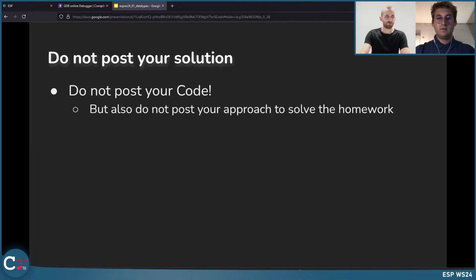Anything to add from your side, Sebastian? Yeah, just one additional thing. We should also mention that we offer personal question hours. So it's possible for you as students to book a slot or to just attend the personal question hours. Especially in the beginning of the semester, we have some problems with the virtual machine, with Docker or whatever, and personal question hours are a great opportunity to solve these problems and also ask whatever you need.